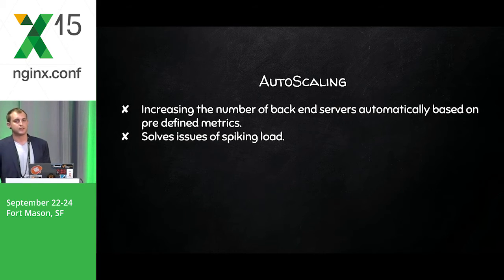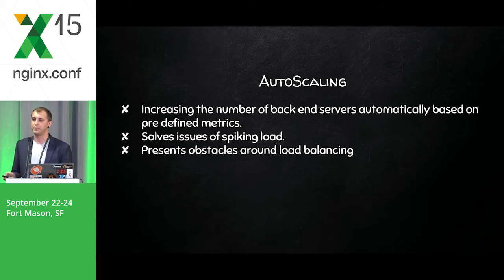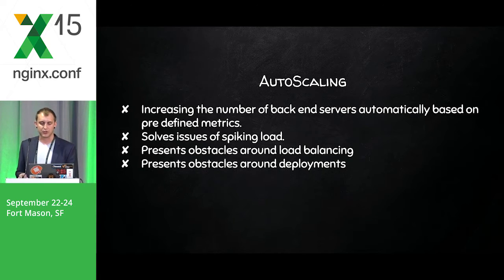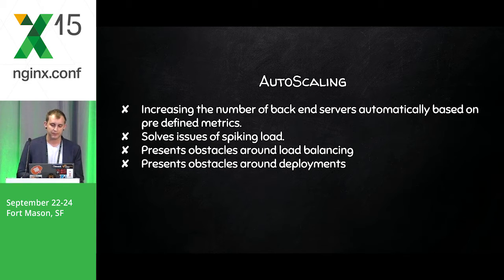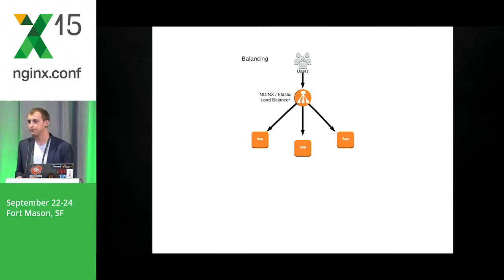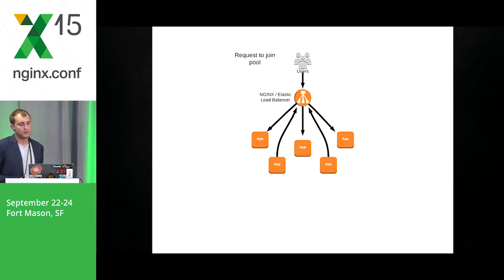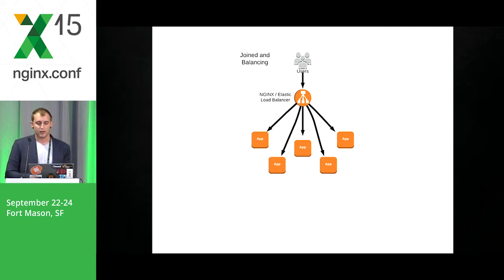So, this is one of the problems that we've been trying to tackle, being able to load balance dynamically. This means when we have servers spin up, we want to make sure that they get put into the backend pool. We want to make sure that, if they die or scale down, they're removed from the backend pool. And with products like the Elastic Load Balancer or NGINX Plus, that's solved for us, right? Instances come up, they check into NGINX, and NGINX starts passing traffic to them.